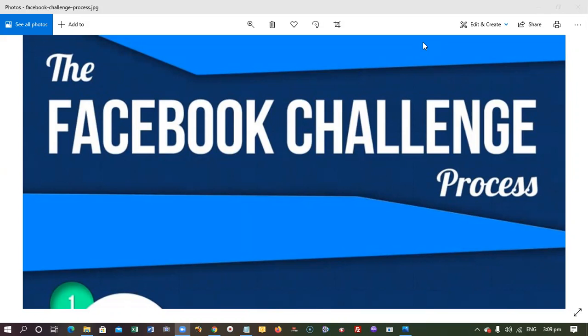The objective depends on what you want to achieve with a challenge, and it's possible. Whatever you want to achieve, if it's genuine, if it's something that is going to help them and also help you, it is legitimate. With that said, let's look at what the process is.